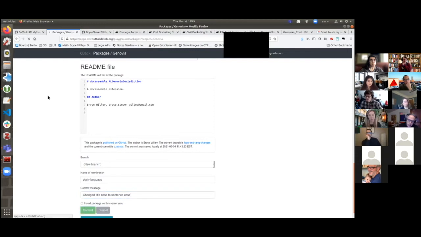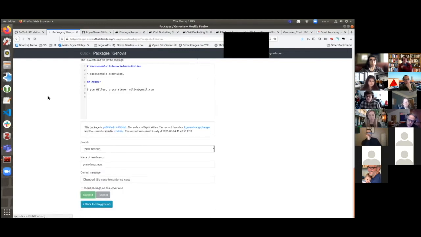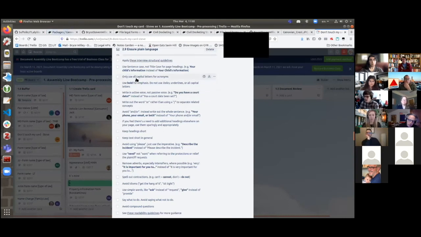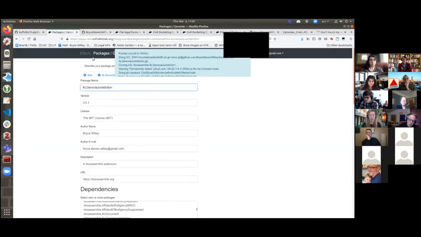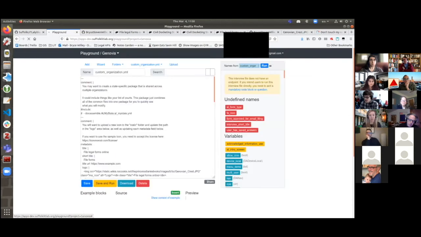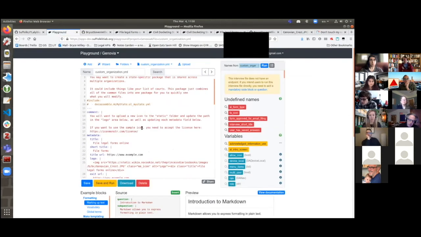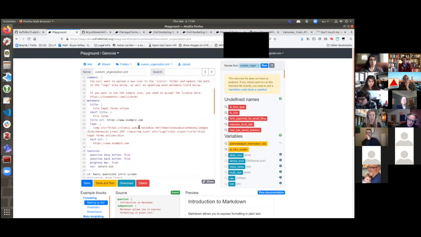Let's commit. And then that'll commit. But we haven't finished the full plain language review. We've just done one part of that plain language review. So if we go back, there are still a lot of other things that we could change, including active voice instead of passive voice, or instead of a dash, or avoiding "and/or", and a lot of other small things. And so we can go back, and I don't know if there's going to be anything that we can actually change